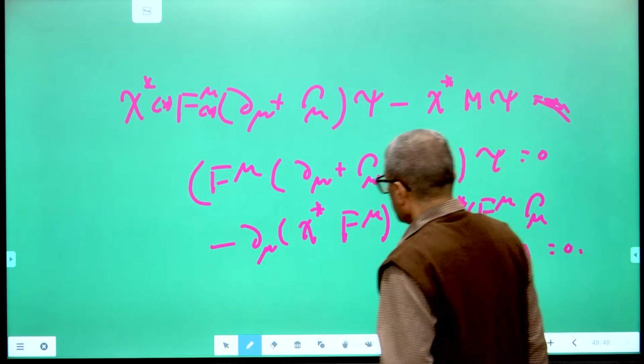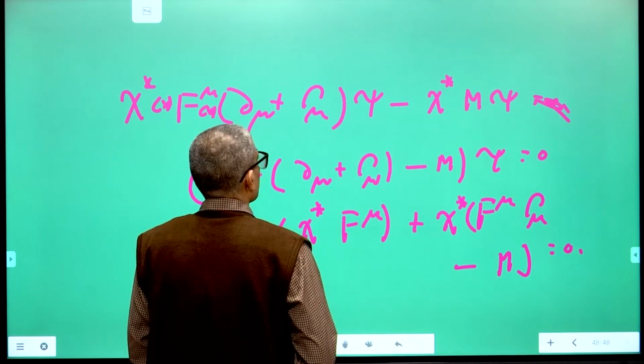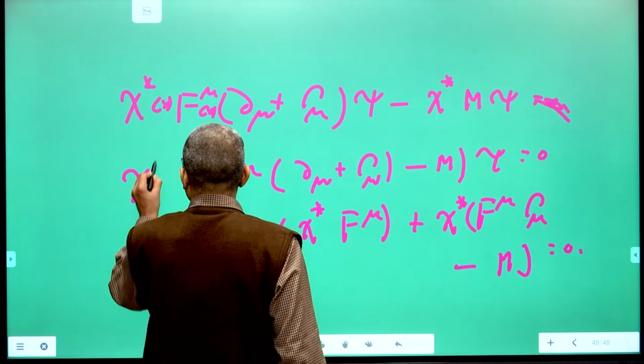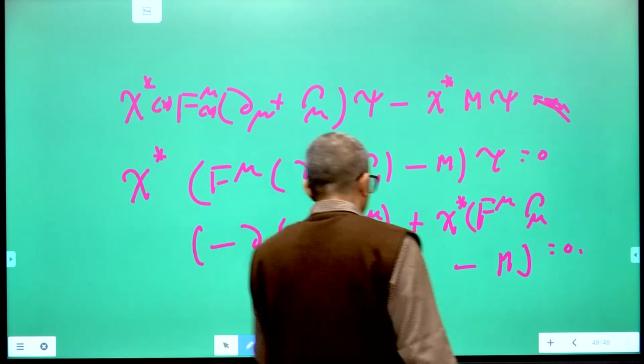So if you pre-multiply the first equation by chi star and post-multiply this equation by psi,